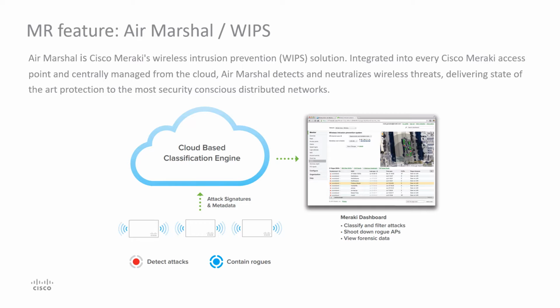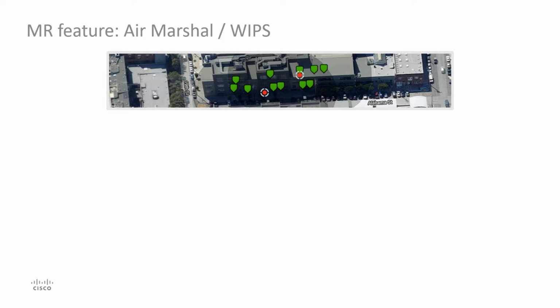The Meraki access points can scan across all the 2.4 and 5 gigahertz channels in the surrounding RF environments, looking for potential wireless threats and neutralizing those threats to protect the network from malicious attacks on a full-time basis. It is very important to know that even though wireless corporate networks can be secure with robust network access control mechanisms, there is still a potential need for a WIPS solution.